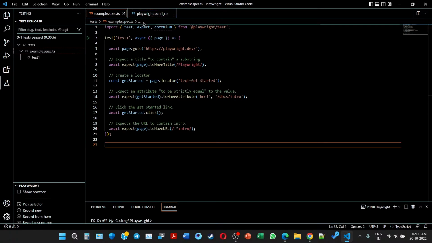Now running the test, we can run a single test by clicking the green triangle next to the test block of our run test. So this is test 1. We are able to see a run test. I just click on it. Playwright will run through each line of the test, and when it finishes, we will see the green tick next to your test block as well as the time it took to run the test. So here we are able to see a green tick,